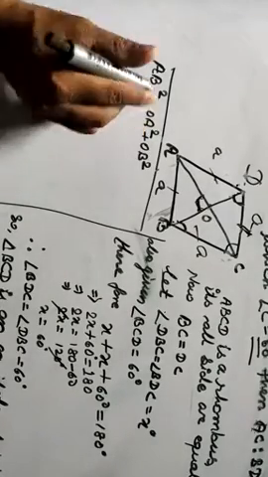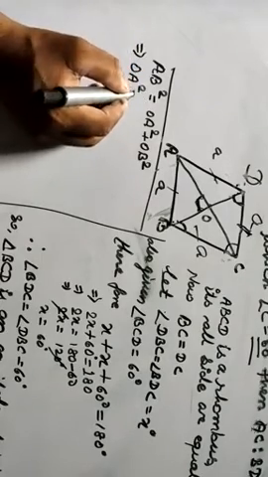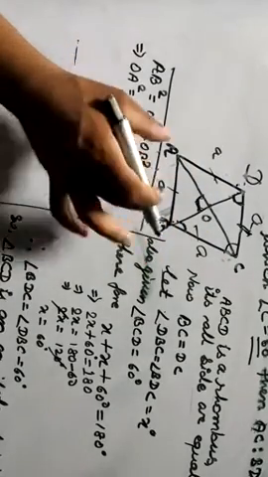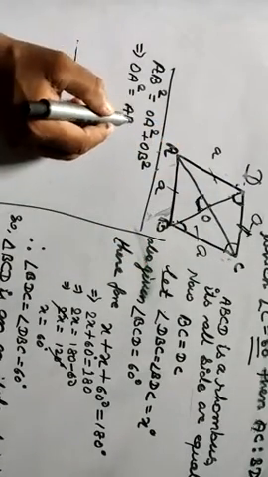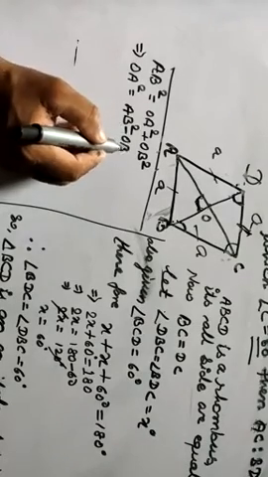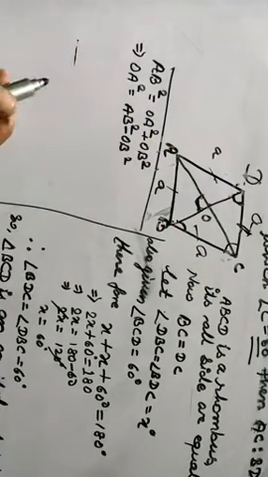From here we will find OA square, which is equal to what? AB square minus OB square, because AB is the larger side, the hypotenuse. Hypotenuse square minus another side square. Okay,